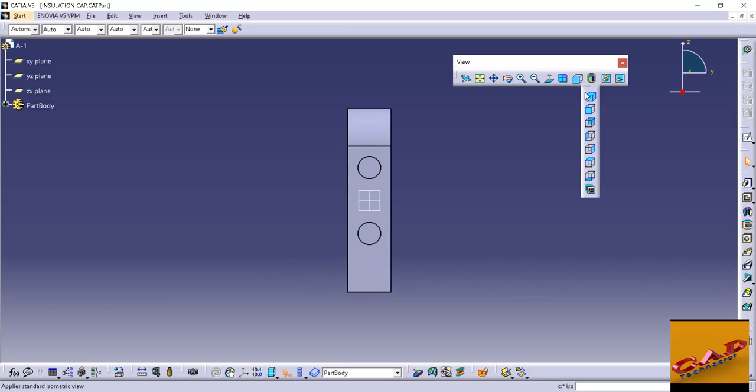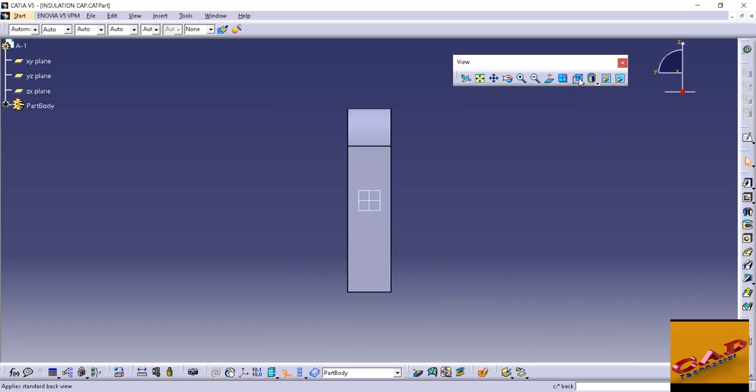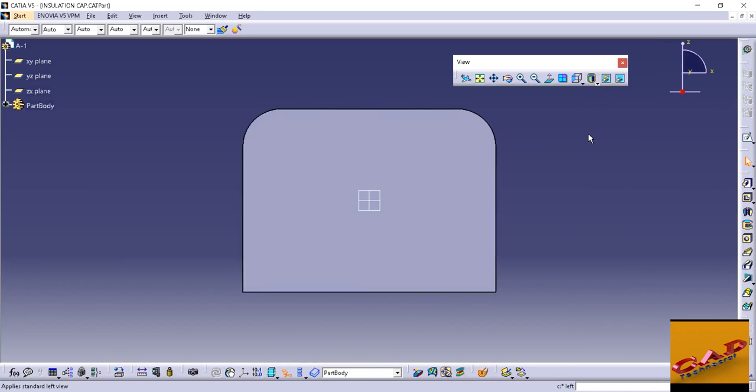Okay, now again this is the front view, and I will click on the back view. This is the back view, so it will show the back view of the part. Next one is the left view, so it will show the left view of your object. Next one is right view, it will show the right view of your job. Next one is the top view, it will show the top view of your job.